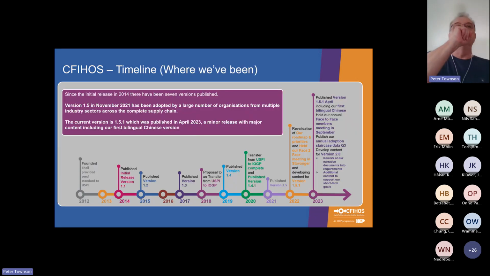Then a little bit about the timeline, and I do apologize, I should have updated this slide because the current version is now version 2. I've just noticed that. But basically, as you can see from this timeline, the CFIHOS was initially created back in